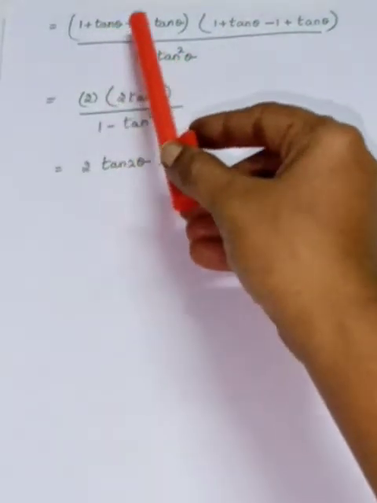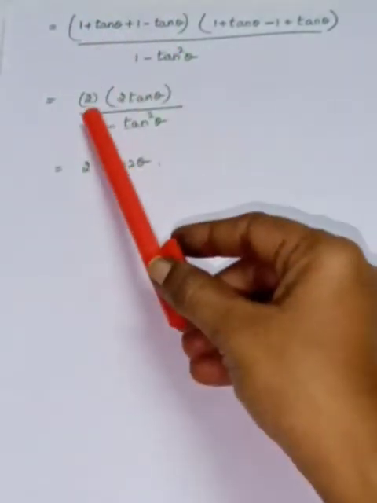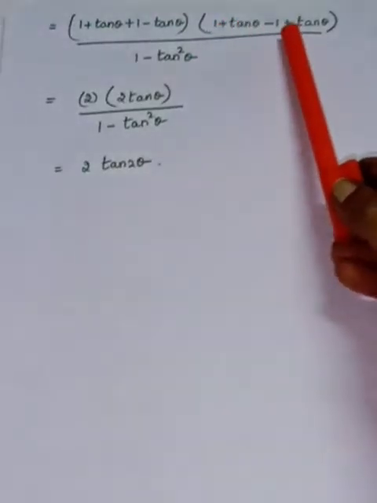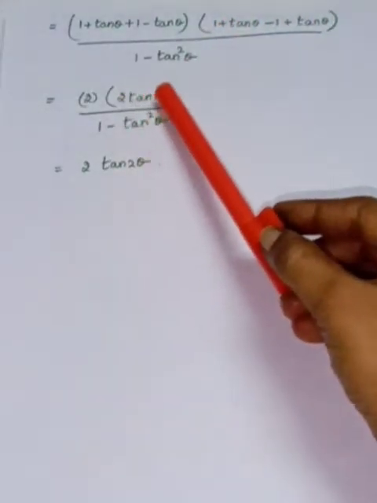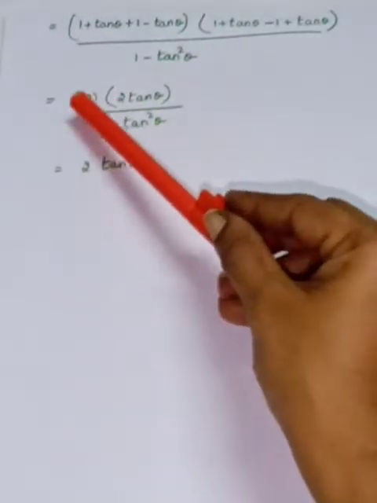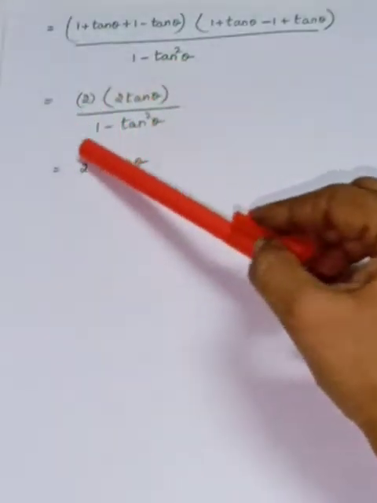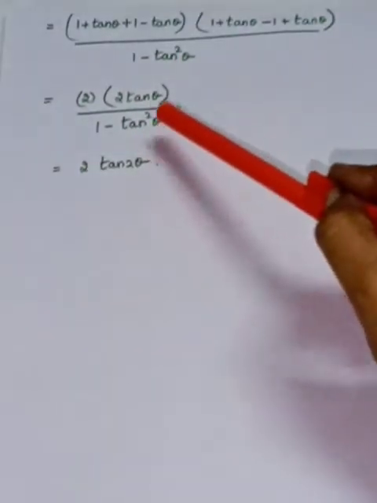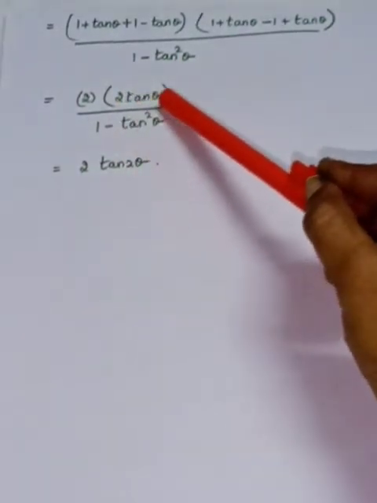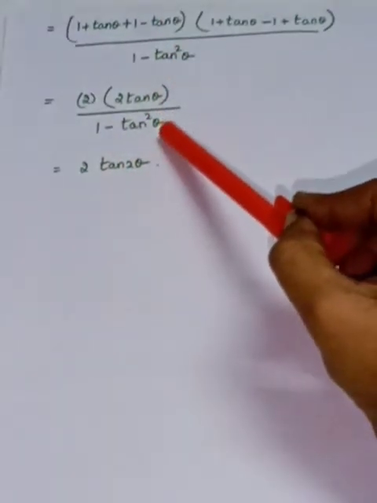So see the first term which is getting cancelled. Tan theta and minus tan theta is getting cancelled. 1 plus 1 is 2. Here 1 minus 1 getting cancelled. Tan theta plus tan theta is 2 tan theta divided by 1 minus tan square theta. You see that 2 you just write as it is and you look at this. It's a trigonometry identity of tan 2 theta: 2 tan a divided by 1 minus tan squared a. In the place of a you are having theta. So it is tan 2 theta. So we have proved the problem number 8.